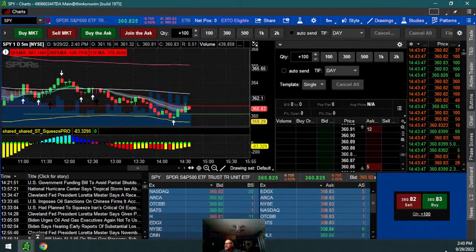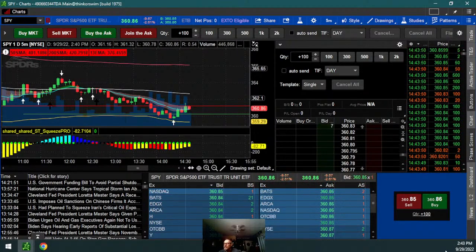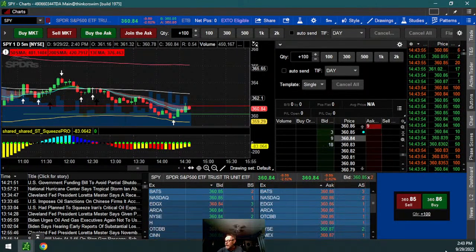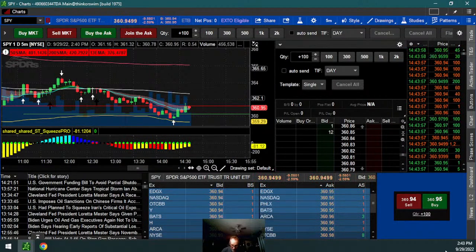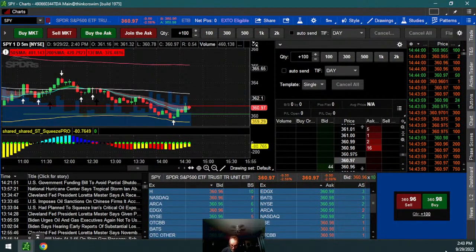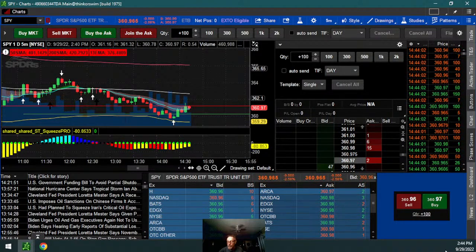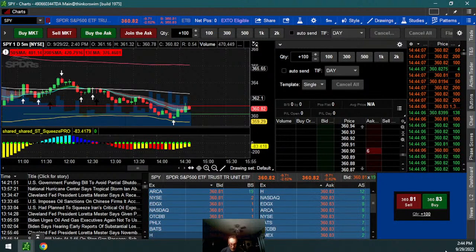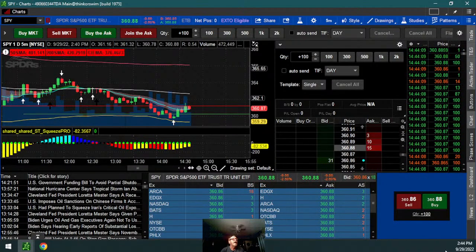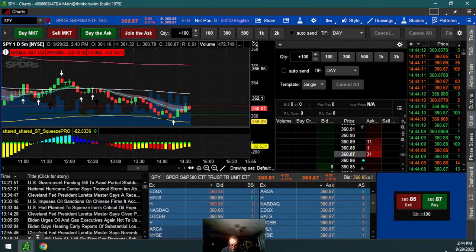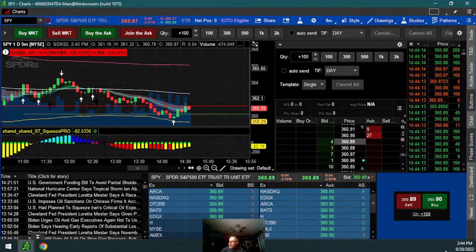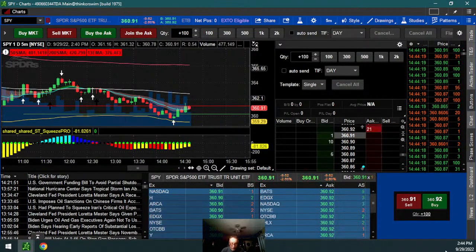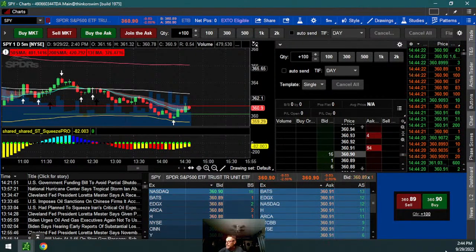Anybody in any contracts at all? If you are, put them on the board. Let people see. It only helps you, because if you put a contract on the board and you say, right now, okay, I'm not in, but if I was going forward, I would say, okay, I believe it's going to come down, so I'd be in a 360 put. And if I got in right now, I'd be in at $2.83. Okay. Oh shoot! What happened?